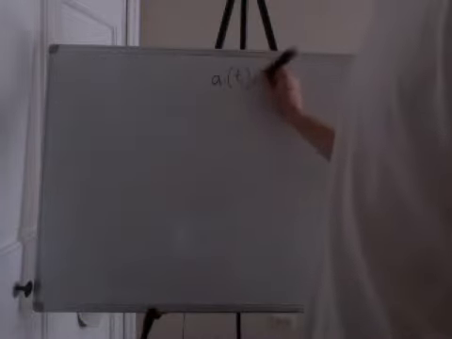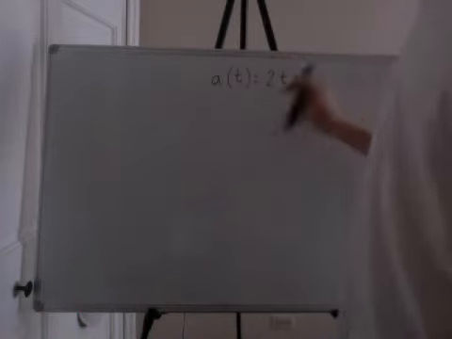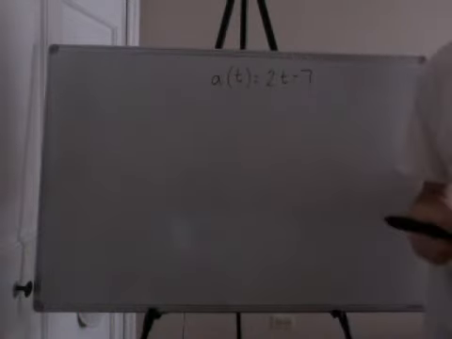Okay, now we're going to talk about position, velocity, and acceleration once again, and see how we can actually use integrals to tell us some pretty valuable information. Let's say the problem says there's an object moving along a line, and this is the acceleration path. We talked before about how velocity is the derivative of position, and acceleration is the derivative of velocity. So if acceleration, a of t, equals 2t minus 7,